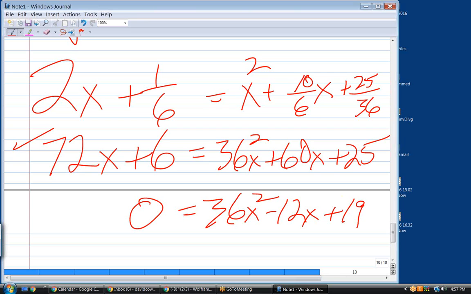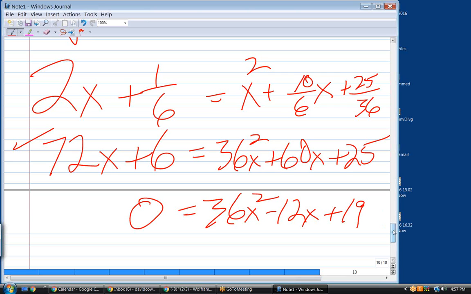Let's see. They'd have to both be negative. Nah. In other words, it would be minus 19 and minus 1, and the 19 could multiply. Now, I'm never coming to minus 12 in the middle. So I'd have to use the quadratic formula to solve for that. Now, because I'm using the quadratic formula, I'm going to get two answers.